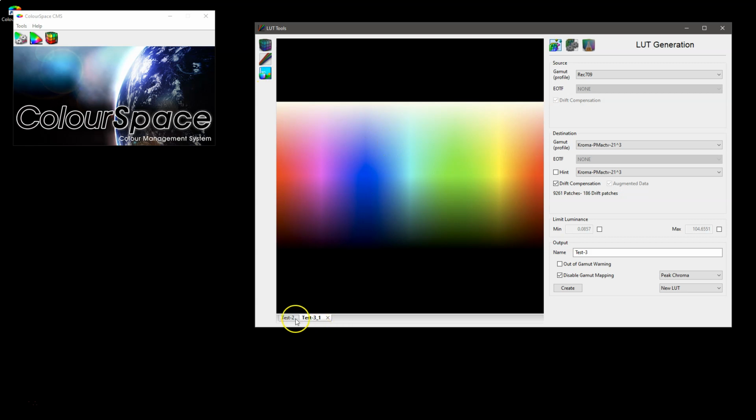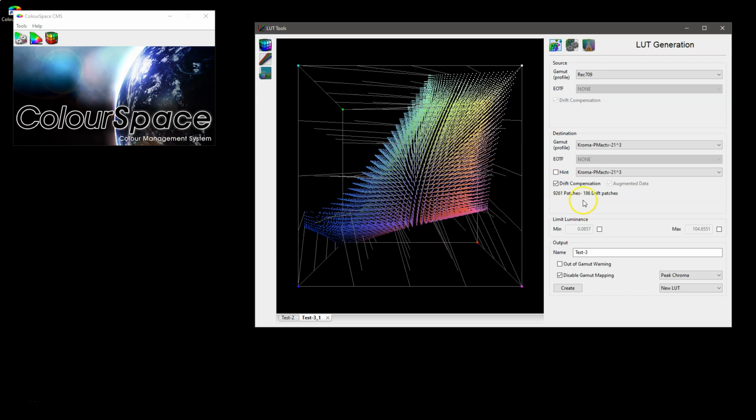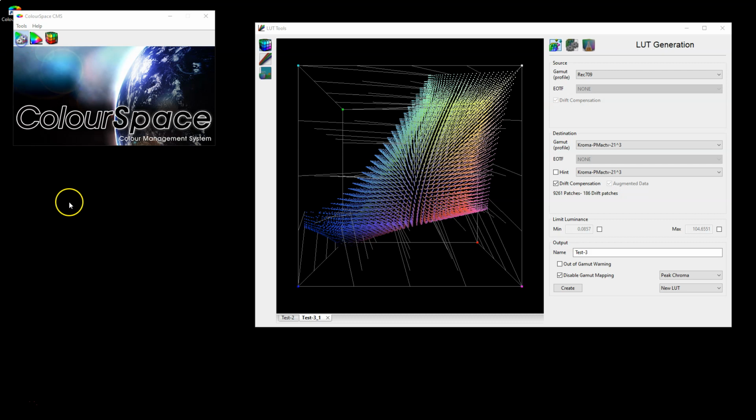And if we look at the Granger image, zoom down, you can see the gamut mapping occurring, no gamut mapping, just a hard clip. Looking at some of the other options that we used making that LUT, we had drift compensation active. And drift compensation applies an offset throughout the entire LUT generation based on the drift data in the profile. If we look back at our profile again,